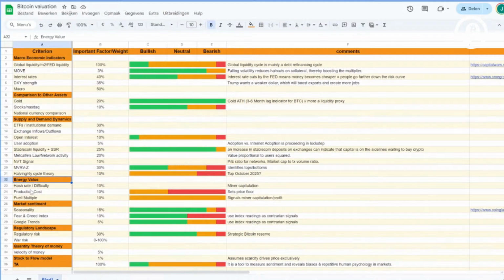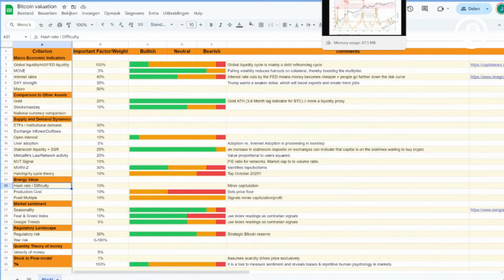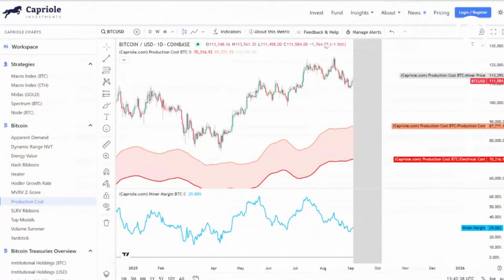Of course, Bitcoin runs on energy, so the next important thing is the energy value. What I have on that is here from Capriole Investments. We don't see it clearly, but how I use this is basically to find bottoms. When it costs more to mine a Bitcoin than the Bitcoin price is at the moment, that's usually the bottom. So you can use this to know when there will be a bottom. I don't have a membership account, so I cannot see everything, the latest 3 weeks, but I really don't need it. The bottom will be around 87,000 according to this metric.